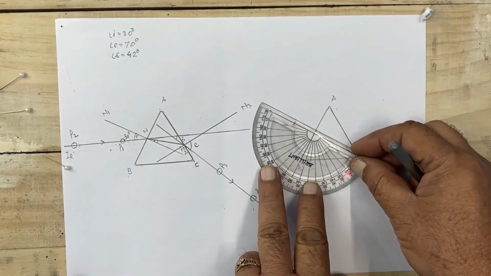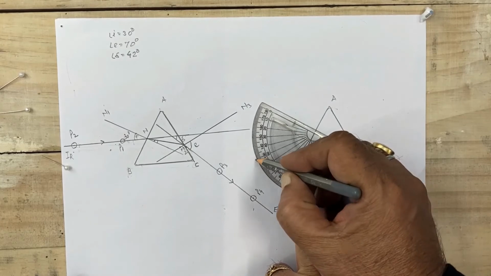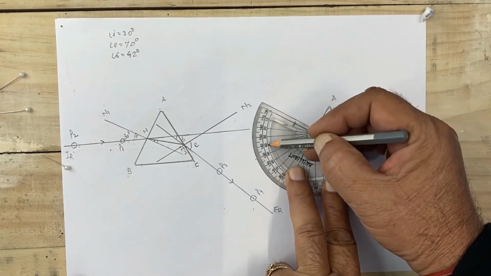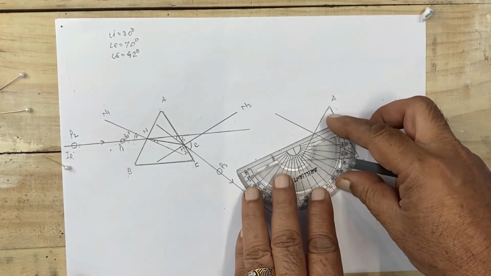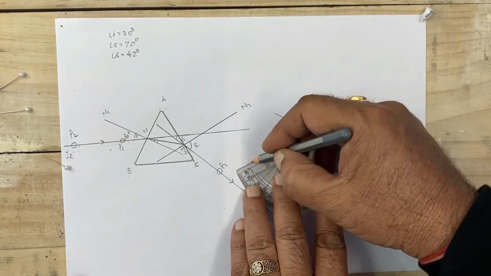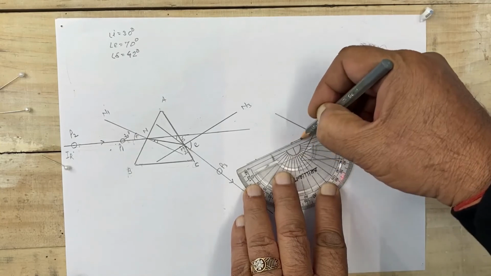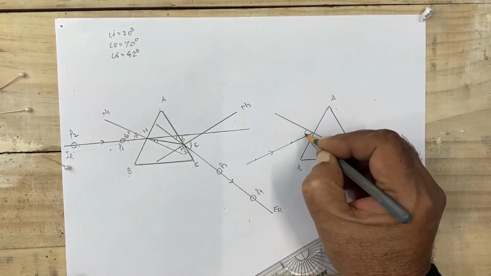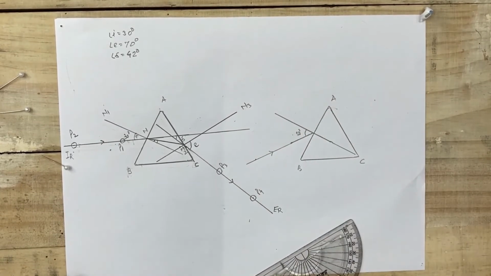So here I am taking how much, कितना ले लें? Anyone of you? चलिए 50 ले लें। 50 ले लिया। तो this is 50 degree angle, this is 0, 10, 20, 30, 40, 50, ये 50 डिग्री हो गया और इसको हमने ज्वाइन किया. Yes, it is 50 degree angle. So this is the angle of incidence, how much, 50 degree.